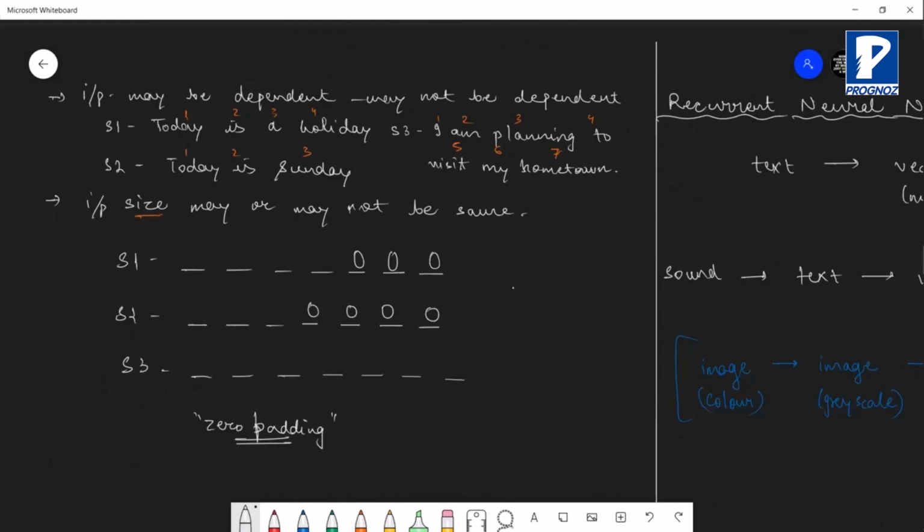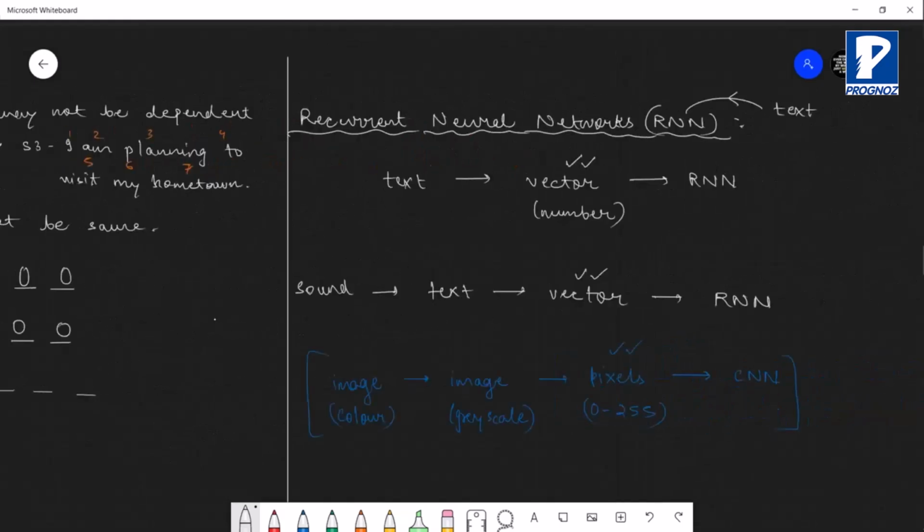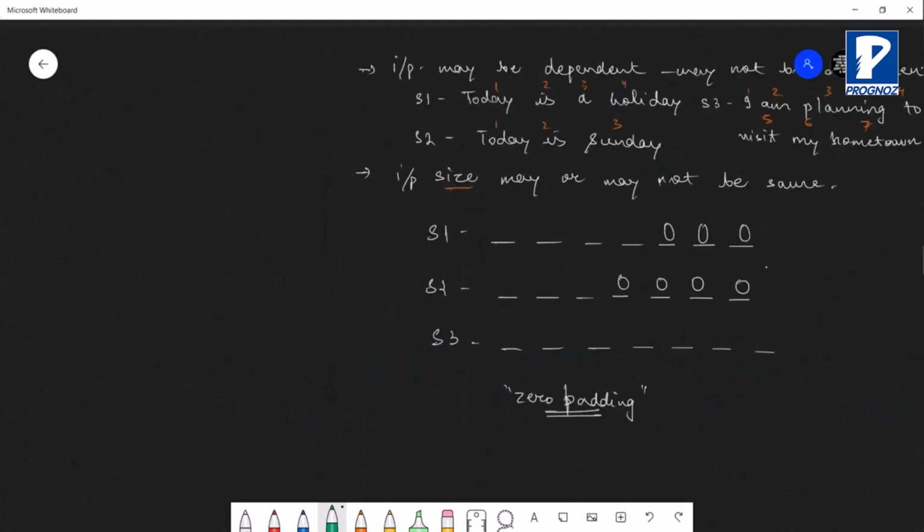Okay, so this is something with respect to zero padding. The next thing that we can discuss with respect to recurrent neural network is that technique। ये जो टेक्स्ट से वेक्टर हम लोग करते हैं, यहाँ पे भी टेक्स्ट से वेक्टर बनाते हैं। So there is a technique involved here. There is a process which is known as word to vec. So we in short write W2V here. तो W2V क्या होता है उसको समझेंगे।